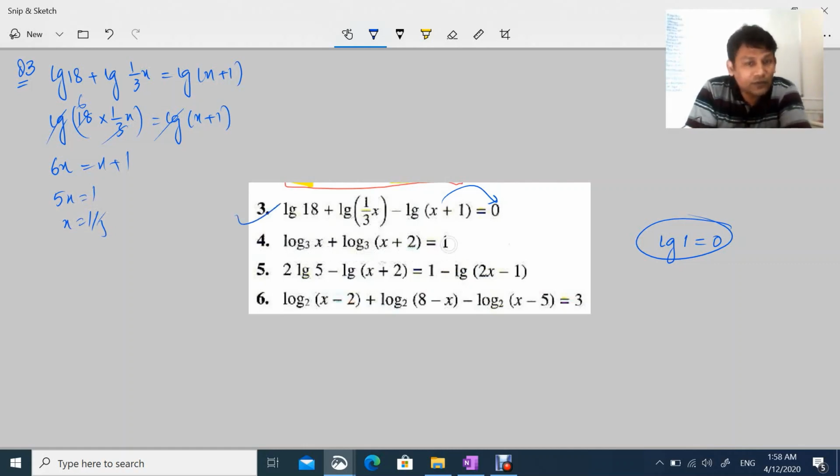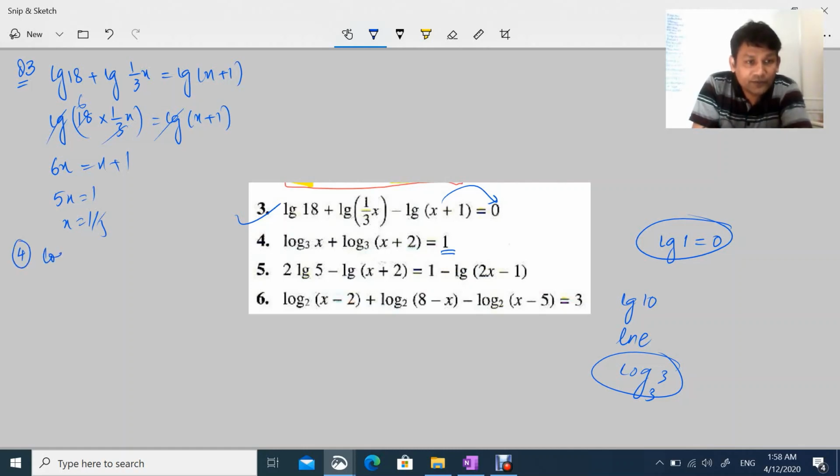When I want 1, what should we write? We can write lg 10, we can write ln, but what base do we actually require here? The base is 3, so I will use log base 3 of 3. This is very important, what we actually have to put here. So here I will write log 3. Okay, so part 4 is